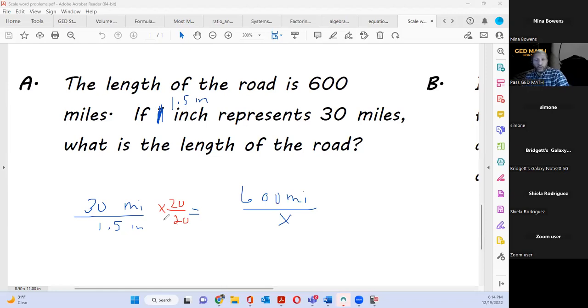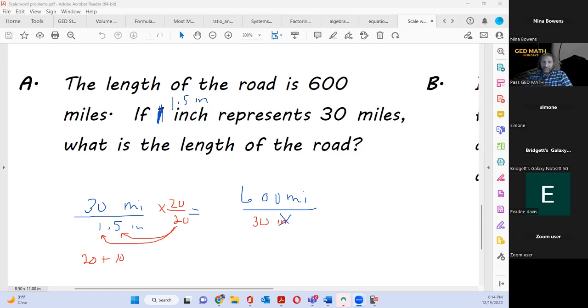I don't know if you can do mental math, but let's try that first. What's 20 times 1? 20. What's half of 20? 10. So our answer would be 30 inches. If you notice, I took 20 times 1, which is 20, and then 20 times a half. Half of 20 is 10. I did mental math. Now, you could also put that in the calculator: 20 times 1.5, you're still going to get 30. So that's how you would do that